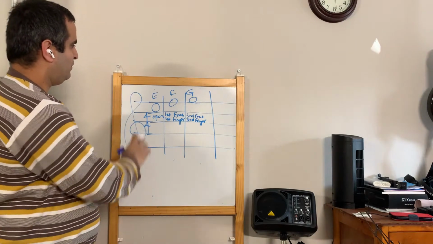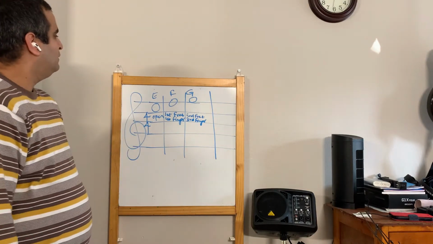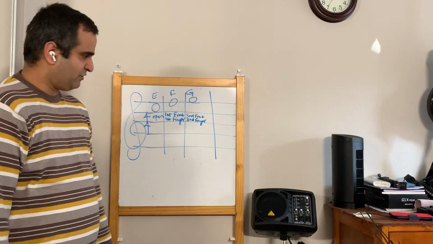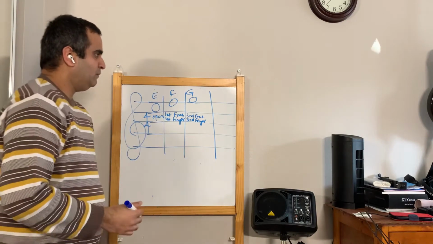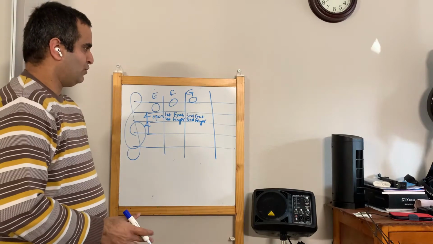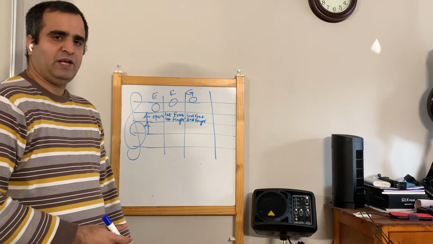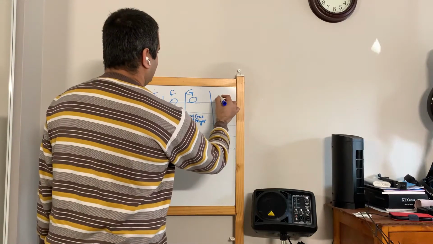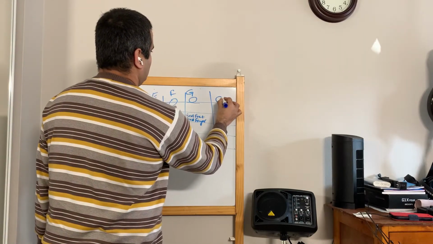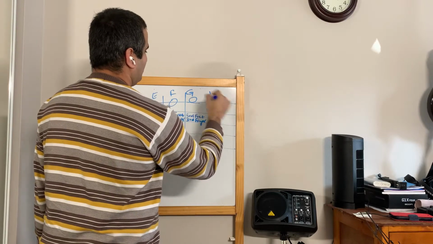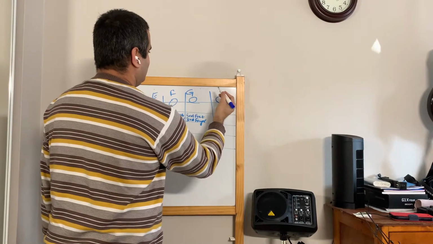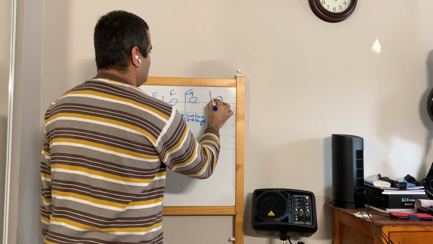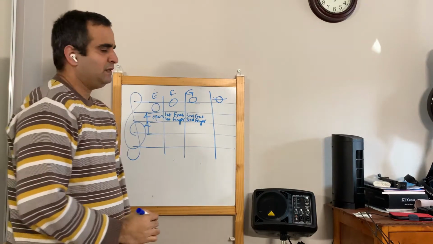So far we have learned about the open position, the first fret and the third fret on the first string, right? So the last note on the first string is the fifth fret, right? And that is written as a note above the fifth line with a cross, right? That's how it is